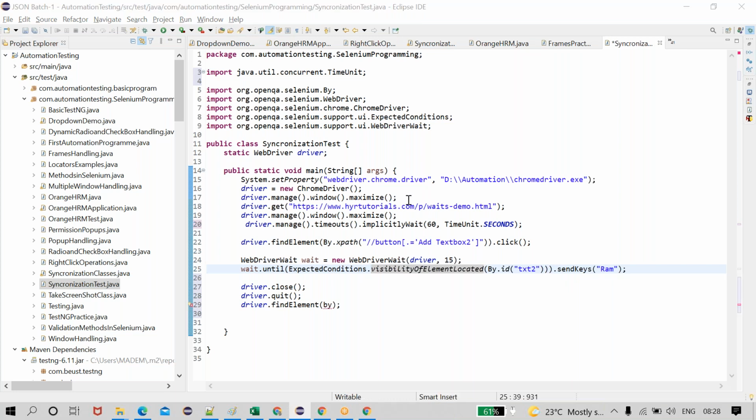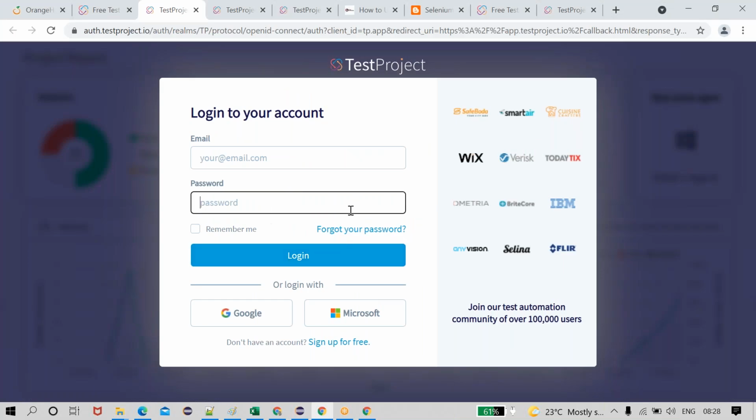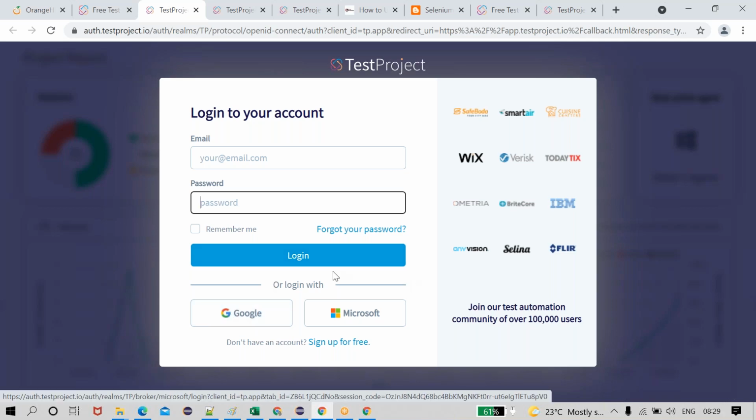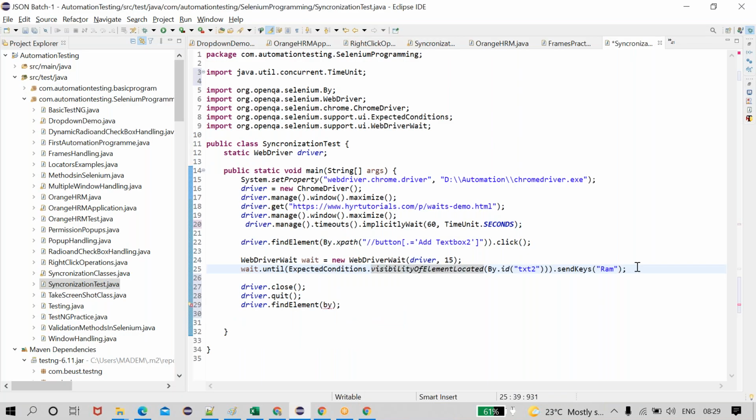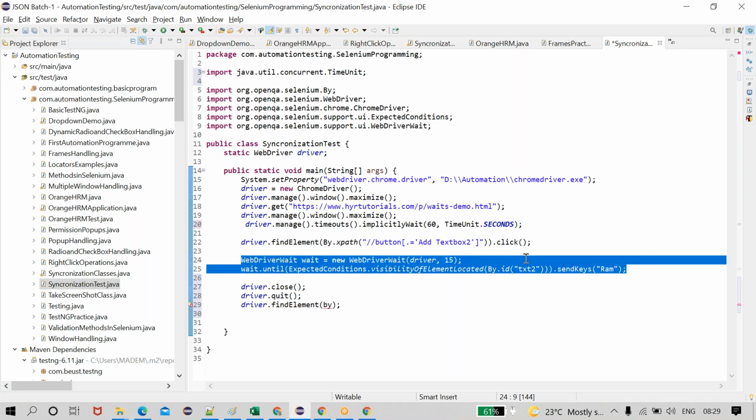And I can say that after entering this, this button will be disabled, and only after it is enabled do I need to click it. Developers may not like this example, but there are such applications in real time. After this button is enabled, I am going to perform the click operation. On that specific element, I want to wait for a specific amount of time. We are using the explicit wait. Explicit wait always sticks to specific elements.